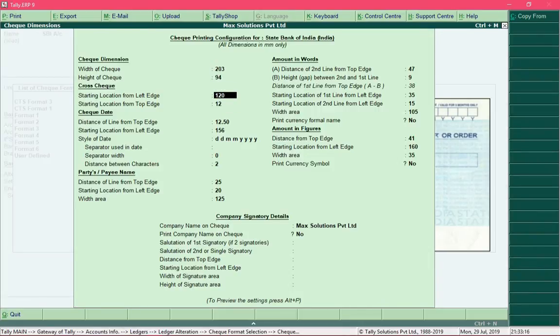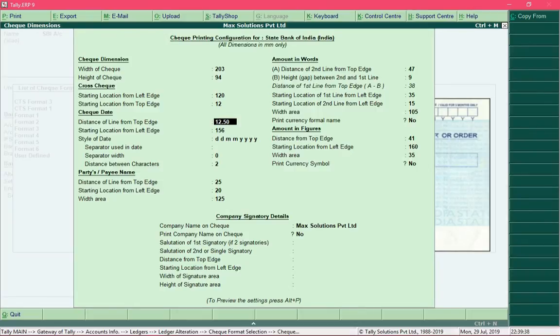But in case you wish to specify your own dimension by measuring your physical check, then you can specify it over here. You can measure your physical check using the scale and specify the dimension in millimeters over here.